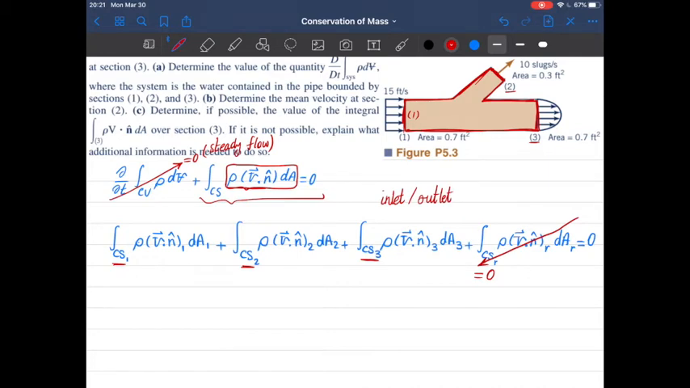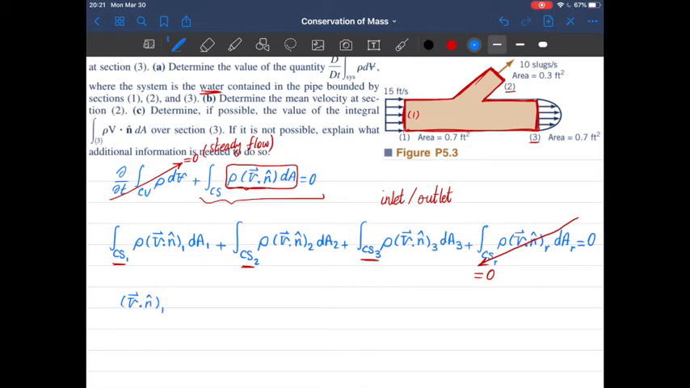The value of rho for all of these 3 surfaces is the same, the density of the fluid, which is water here. So we need to find the dot product of the velocity and the normal to each surface. So v dot n